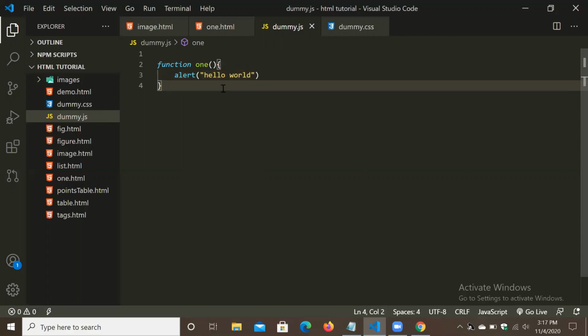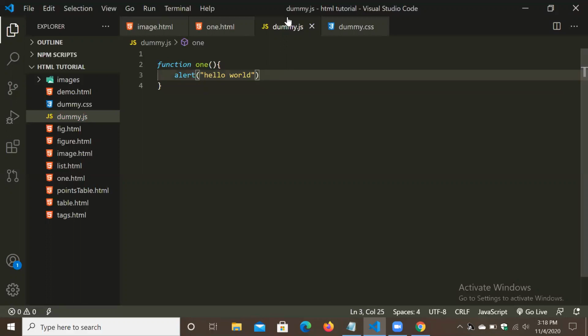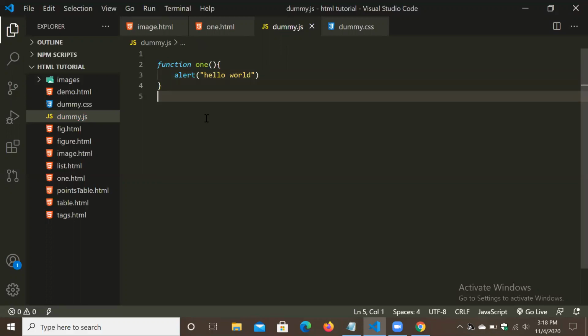Control S, refresh. So what happened? You have to call this function now.